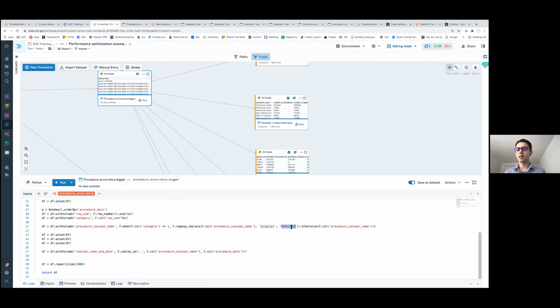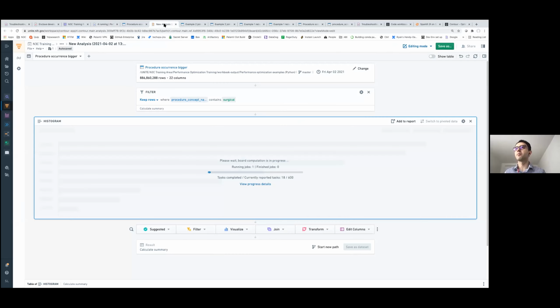But some of them are in lowercase, some of them are in uppercase, and that actually creates a lot of overhead and hurts the performance when running queries on these data sets. And so harmonizing values and standardizing them, especially string values, can make a big difference in the runtime.